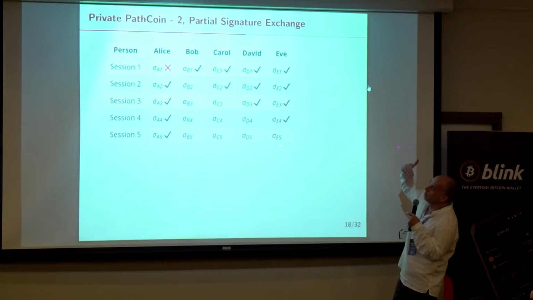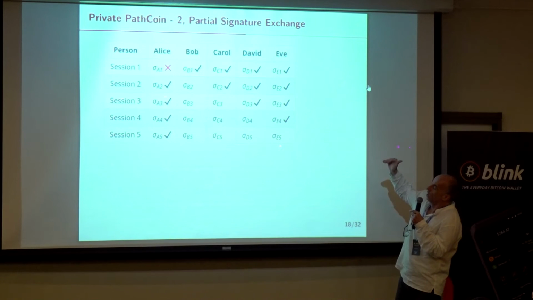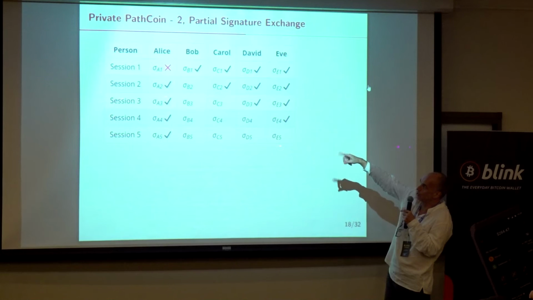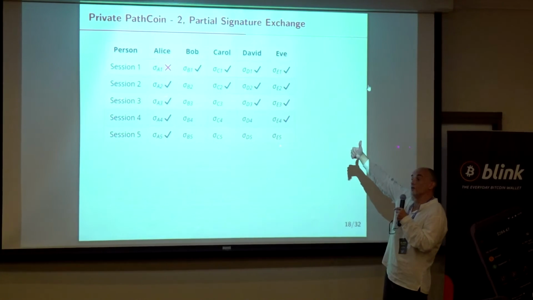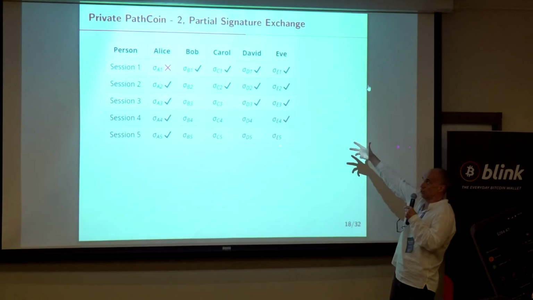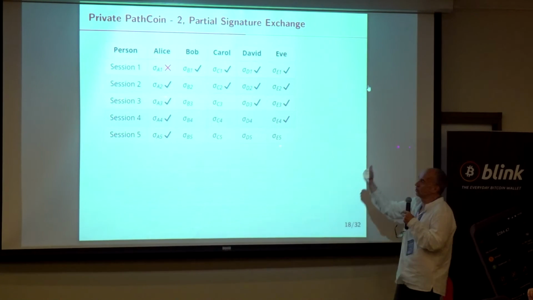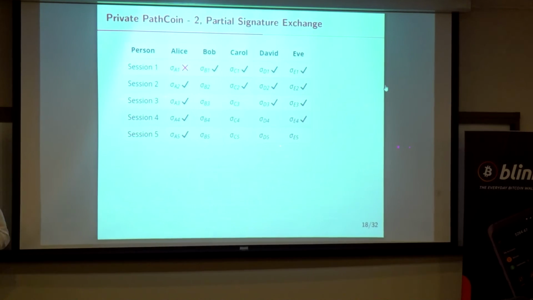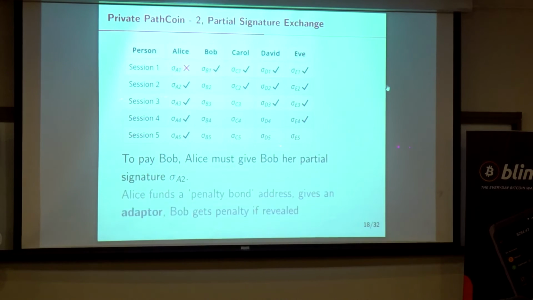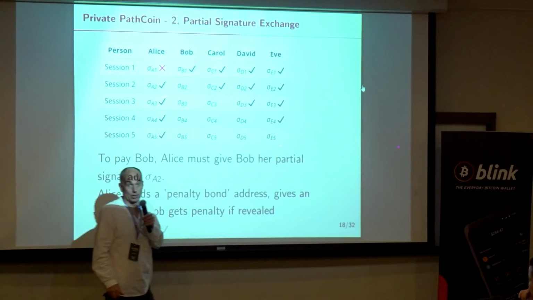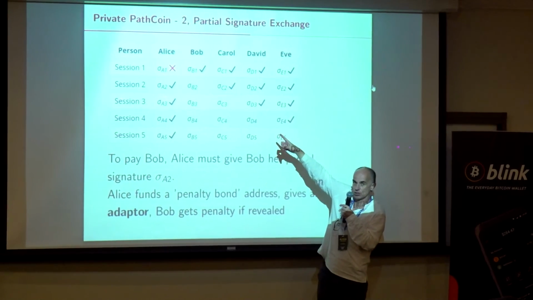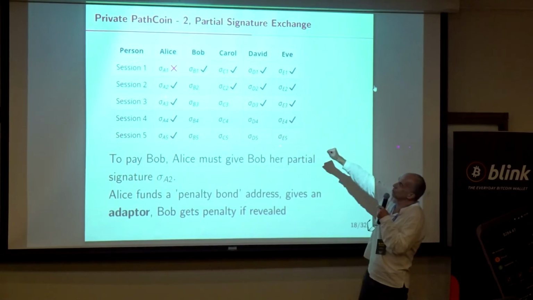So the idea would be that there should be some kind of penalty where Alice will suffer some penalty if she illegally spends the red cross there. If she actually publishes Sigma A1 on the blockchain via a MuSig signature, she should suffer some penalty. So the way to achieve that would be to have an actual penalty or fidelity bond output, which itself was tied to an adapter signature. So the idea is Alice would give Bob an adapter signature, as well as some other details that I won't get into, such that